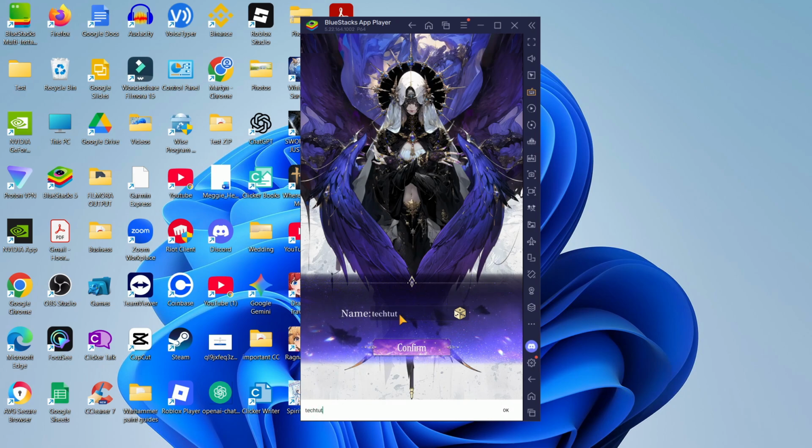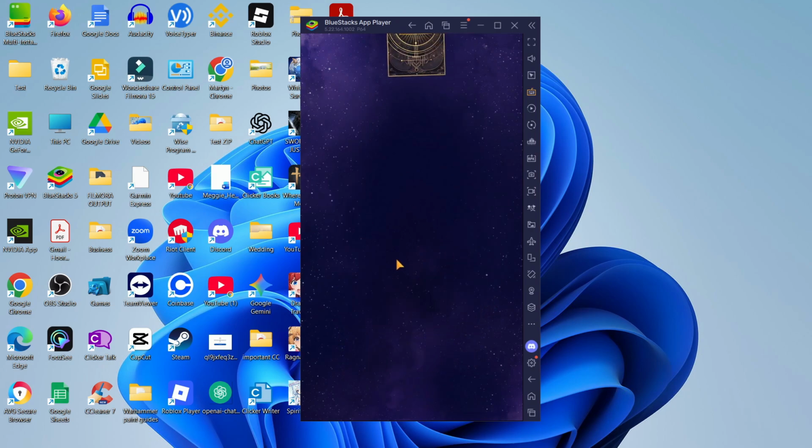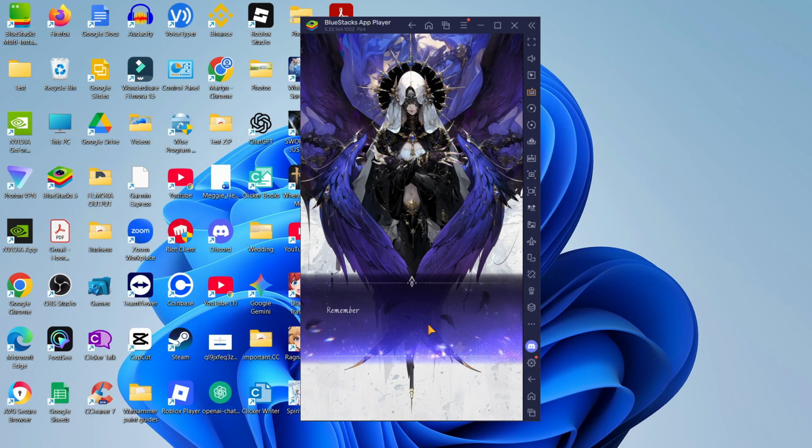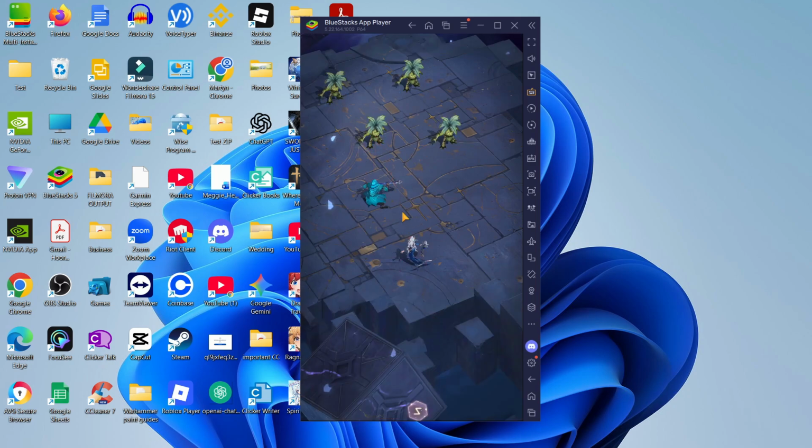So I can use my keyboard to type my name into the box here. Let's go ahead and choose a card, and then what we're going to do is click next at the bottom and see what card we get. But as you can see how smooth this game runs, it's really, really good. And it's just a really great way to play not just Immortal, but other Android games on your PC or Mac. So here we are, we're in game now, and what I'm going to do, I'm just going to jump